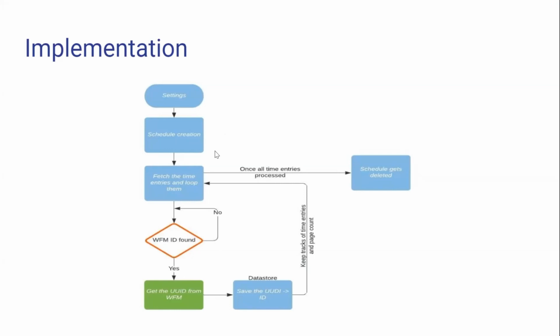We developed the app, and once the customer installs it, we will create a schedule. Initially it is not from the settings page, it is from the ticket details page. Once the customer updates this app and goes to the ticket details page, from there we will trigger an SMI call to create a schedule, a scheduler method which runs every 5 minutes.